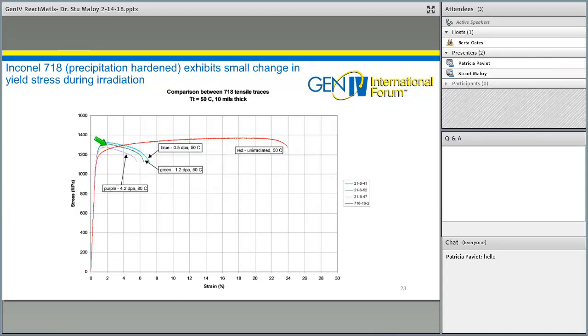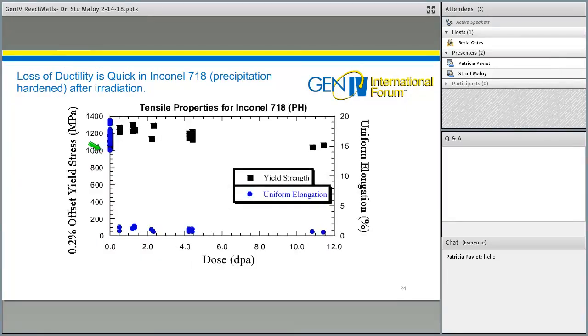But with increasing dose, as you continue to cause the precipitates to go into solution, the yield stress actually goes down. So from 0.5 to 1.2 to 4.2 dpa, the yield stress is going down in the material. You can see that here in a plot of yield stress on the left-hand side, the black dots. It increases initially, but then with increasing dose, it decreases out to about 11 dpa. And at the same point, there's an abrupt reduction in uniform elongation, which is shown here, to a low amount,